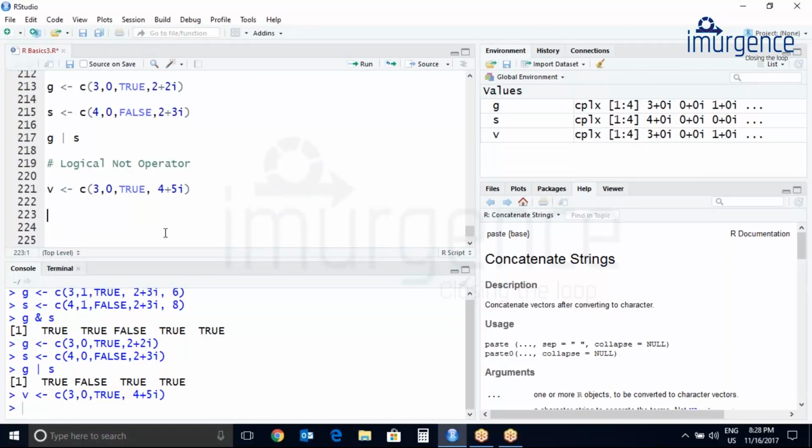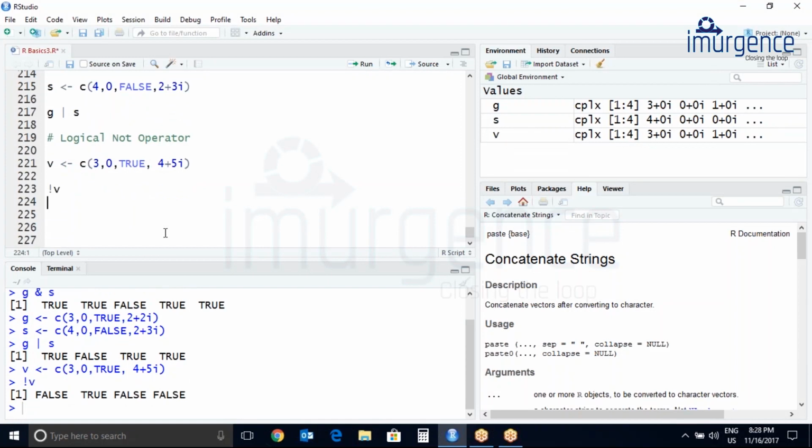So let's do not of v. So a true is changed to false. So it's false, then 0 is changed to true, again true is false, and again 4 plus 5i is false.